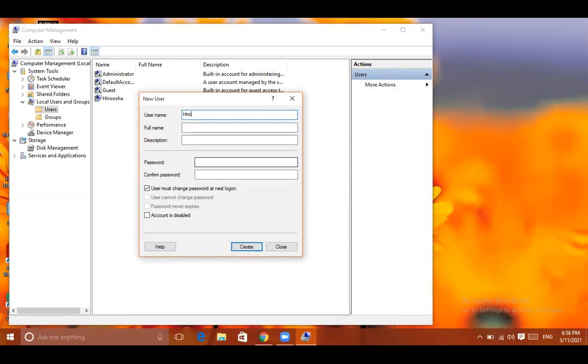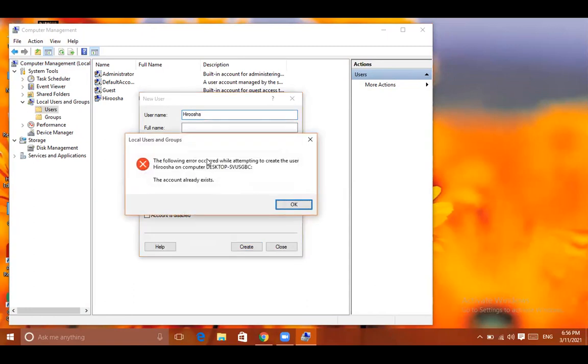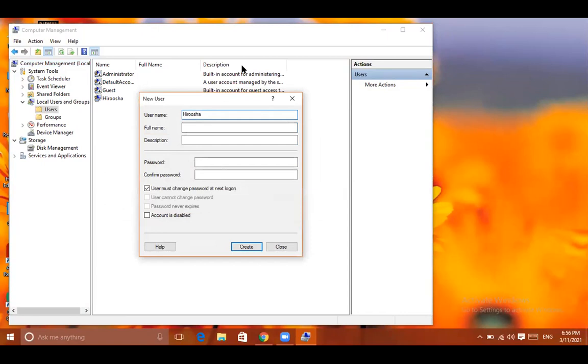Right, okay. So now you know two methods of creating users. You can't create the same user again. You have to use a different name. Maybe